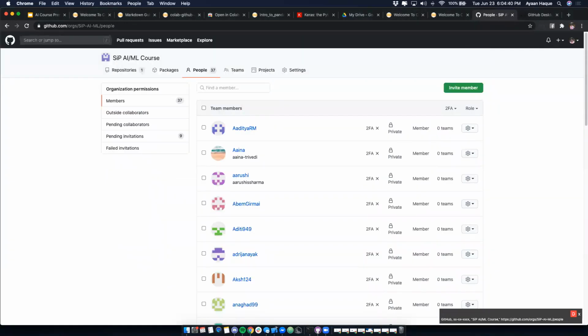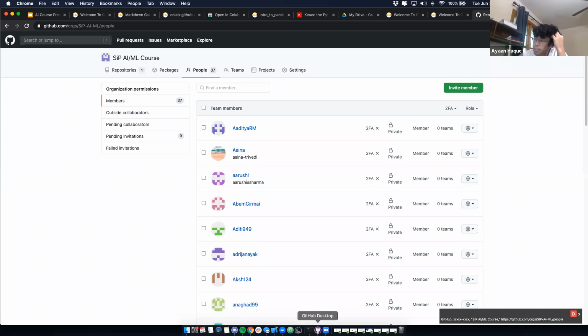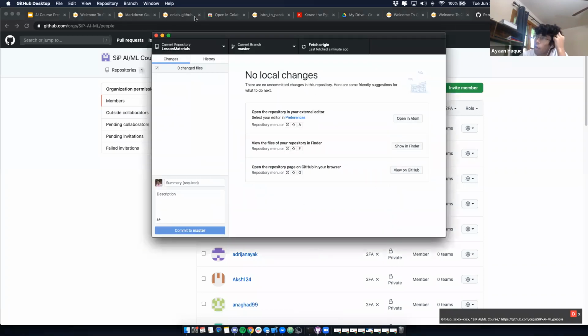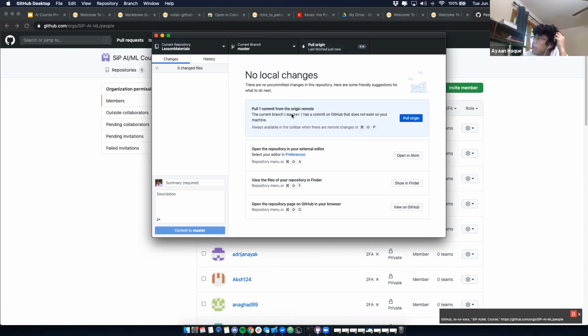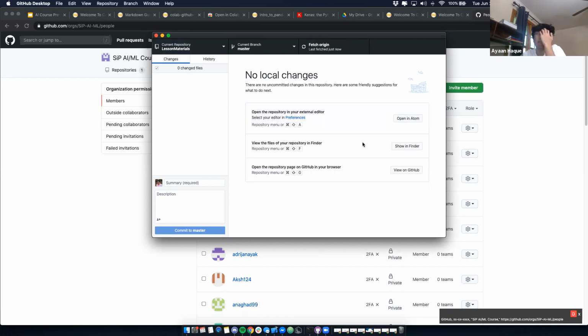But let me. Viraj, I just pushed to the README. Oh yeah. Okay. So let me show you guys. Basically, Viraj made a change in the repository, so pay attention real quick. What I'm going to do is fetch origin, and now it found that there is one change, pull one commit. So I'm going to do pull origin from here, and now I have the changes on my own computer.